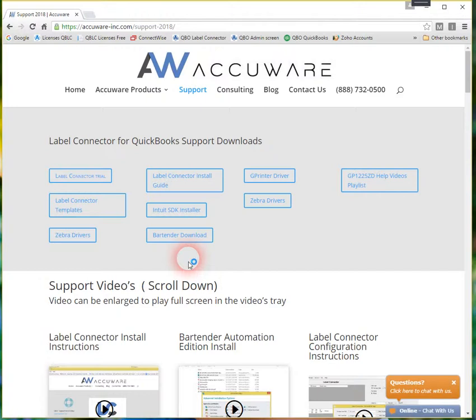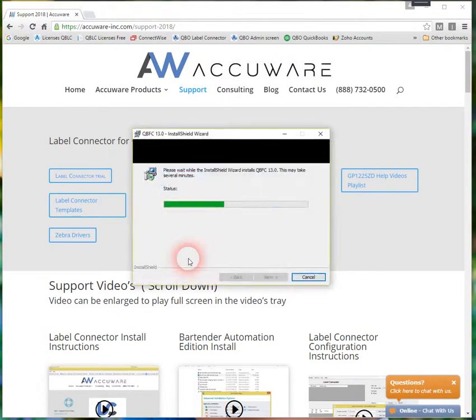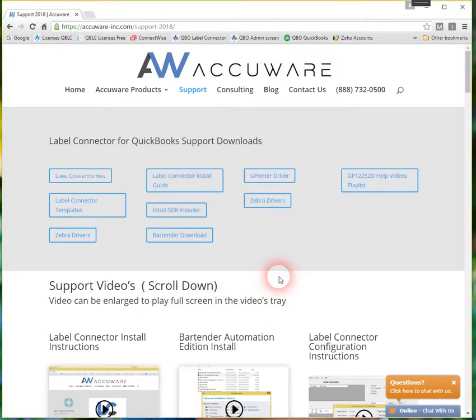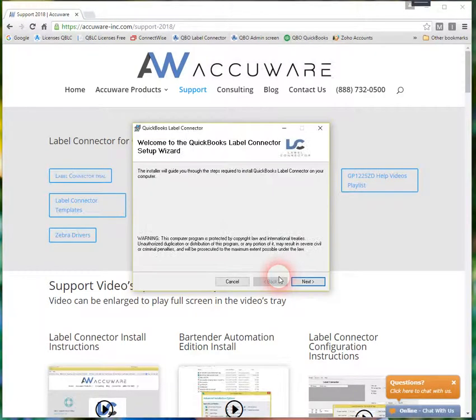Sometimes there's a small delay depending on your download speeds and things while our background components are downloading. So that before that first screen emerges is going to depend on the speed of your system and your connection. So the first component installs QBLC 13. You do have to press finish at that point for it to begin the second phase of the install, and